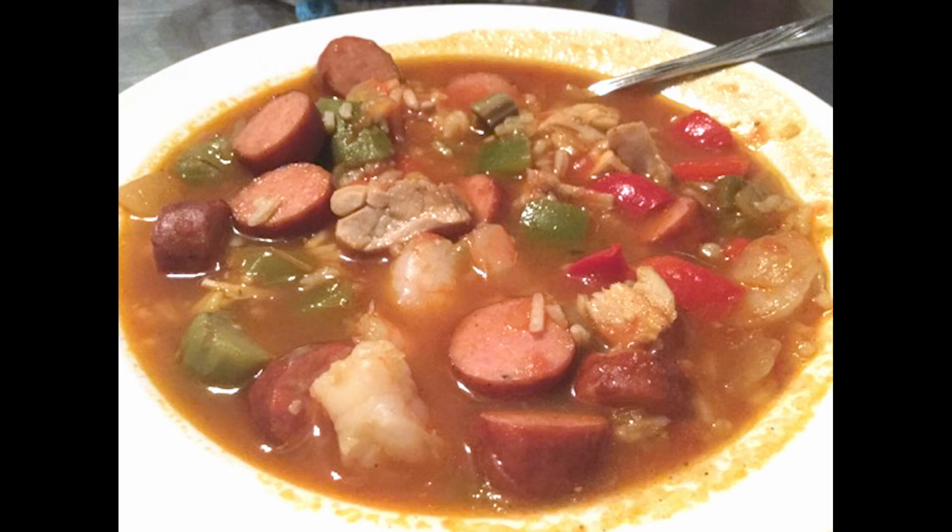So now in the pan, you've basically got that Creole seasoning stuck in the olive oil and chicken drippings that have stuck in the pan. So you're going to put a little bit more olive oil into your pan, probably a tablespoon or 2 tablespoons, and warm it up and try to loosen up anything that's stuck on the bottom of the pan and kind of mix that up. Then add your 2 cloves of minced garlic, your onion that's been chopped up, and saute